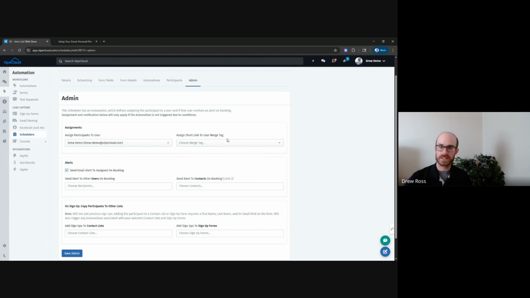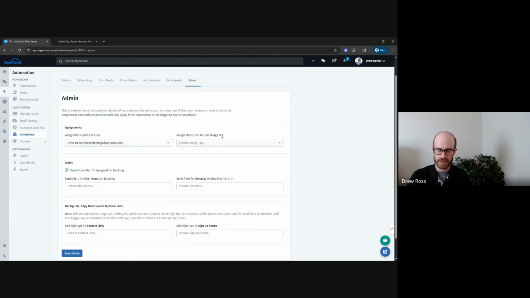But let's say you want to have this scheduler link referenced through all sorts of different templates, so email templates, text templates. If you just simply use the URL in all of those templates and you need to update your scheduler, then that means you need to mass update. You need to go with a fine-tooth comb through all of your content, which is really tedious and is prone to error. But if you use a merge tag, that will then hot swap the link into it,